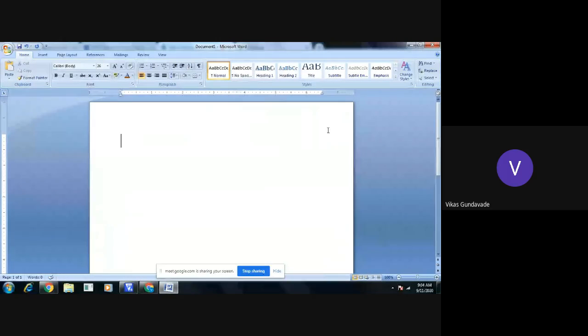Okay, so for embedded C programming here, we need to write the first instruction as #include reg51.h. Okay, that is the header file for embedded C. Now after that, we also need to write the main program, and in the main program we need